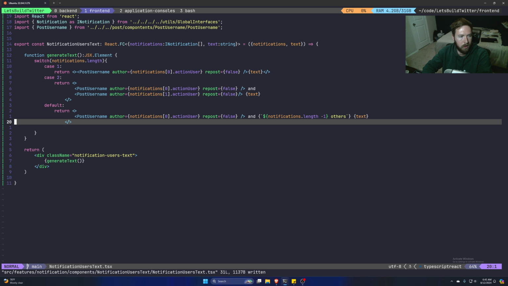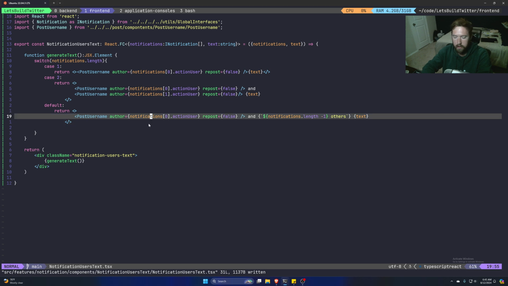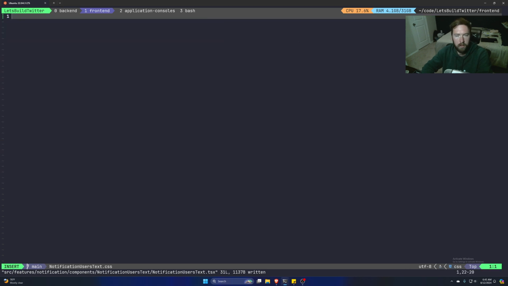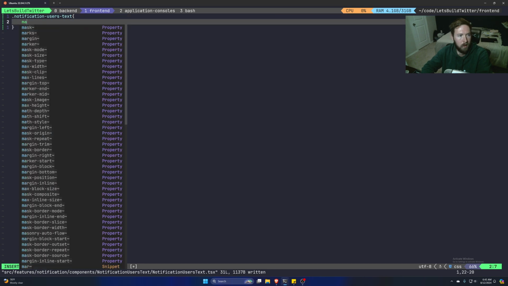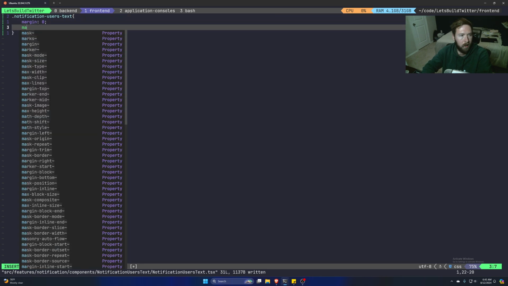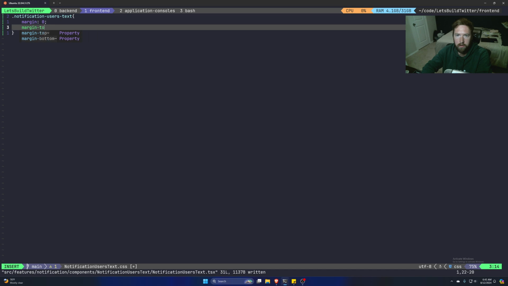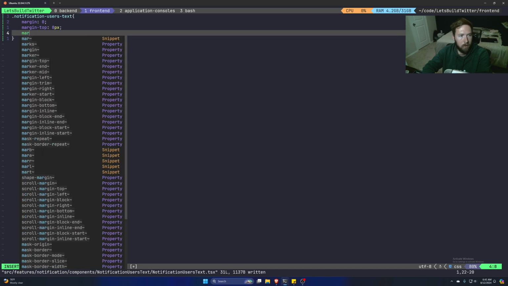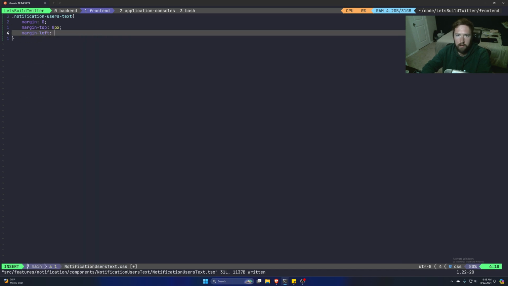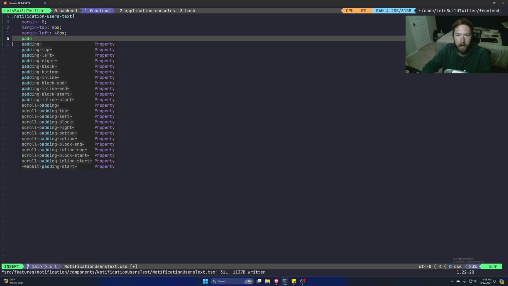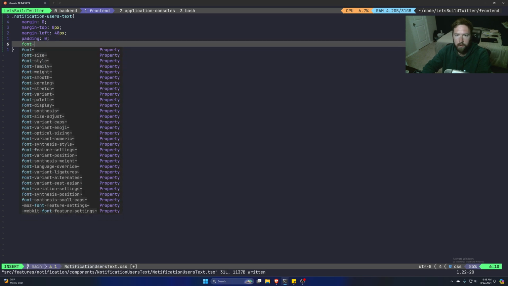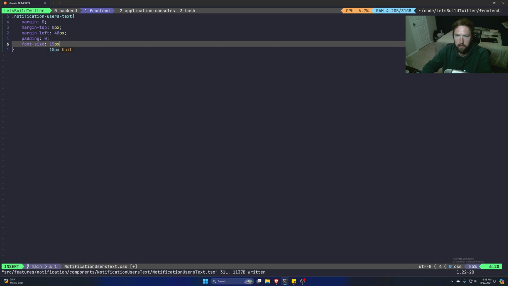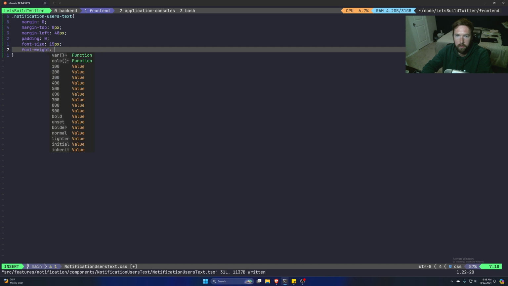So we do have a little bit of CSS for this. So let's hop into the CSS here. We're just going to say dot notification users text, and we'll have a margin 0, a margin top 8px, a margin left 48px, a padding 0, font size 15, font weight 600,